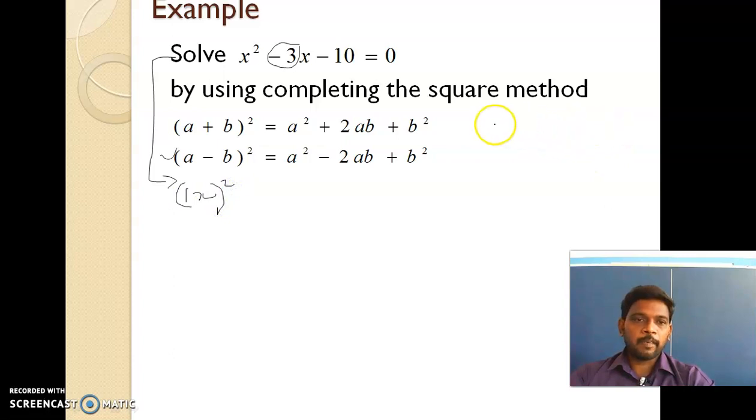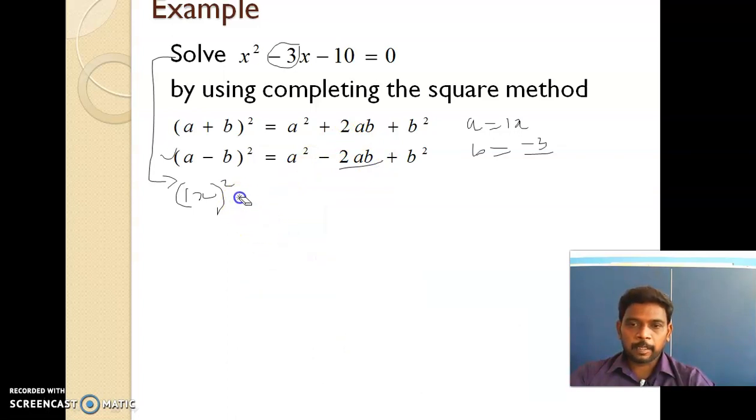Okay, now what is the a value? So a equals 1x. So next we are going to find out the b value. So write the coefficient of x here, minus 3, so minus 3 in the numerator and divided by, here the next term 2ab is there. So 2ab is there.